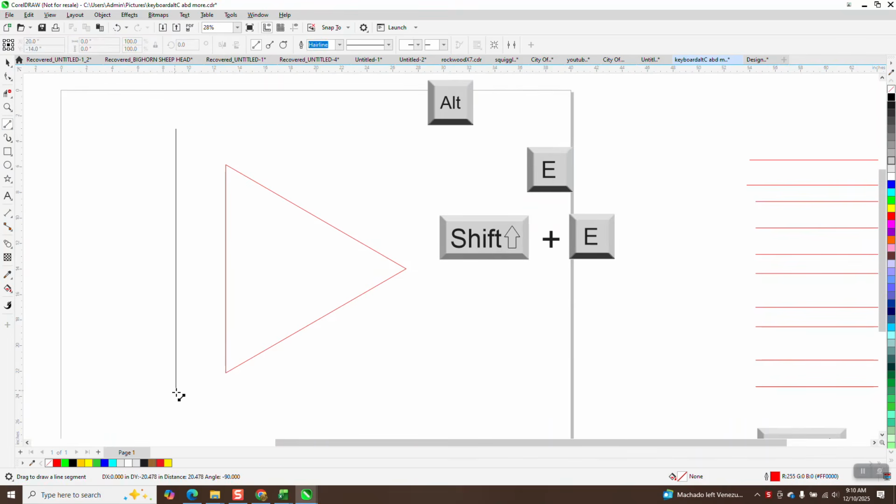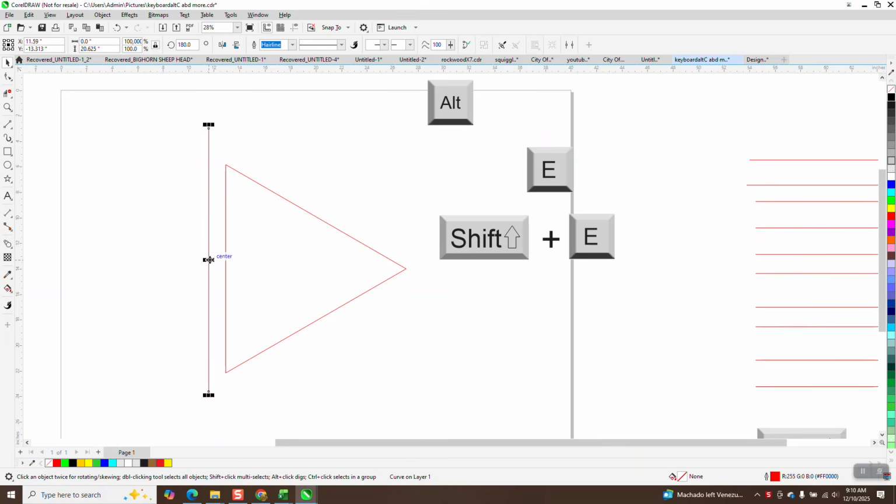The other day I was working on a project where I needed to put even lines on this triangle. So I'm going to put that one right there. I'm going to hit the plus key on the keyboard and grab it and set the second one right there. So then the way I normally would do it would take the shift tool and select this other line and then go up to effects and